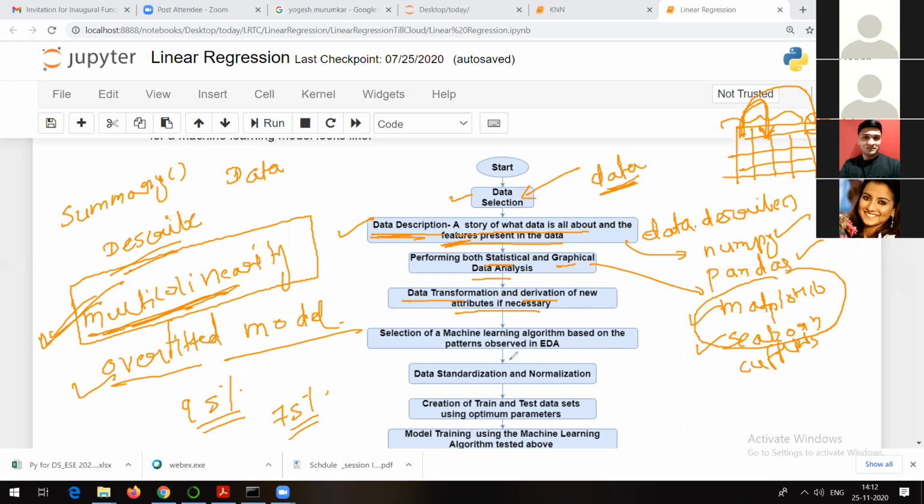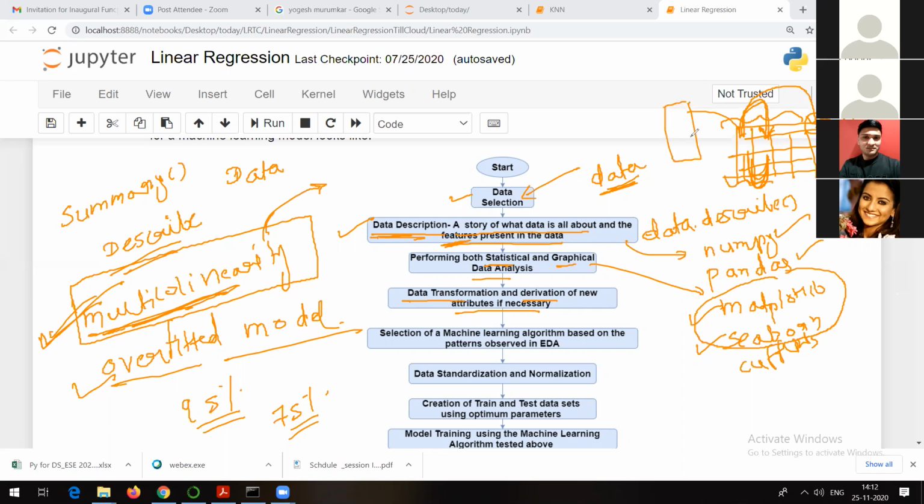Okay. So once you have checked that, if there is multi-collinearity, that can be removed with only one column. What is the one column? For example, two columns are multi-collinear. Two independent columns are having collinearity with each other. What you can do is, instead of those two, you can use one column, right?